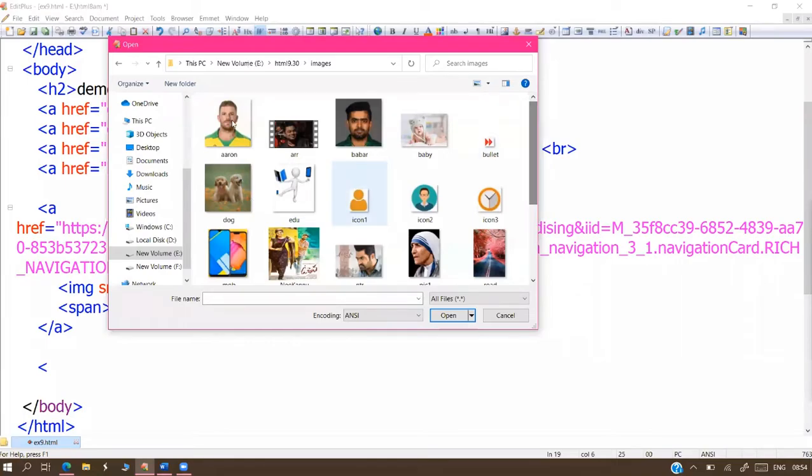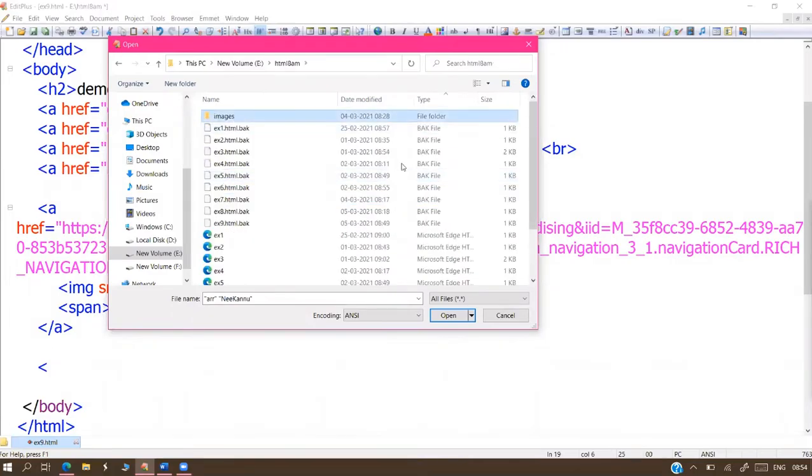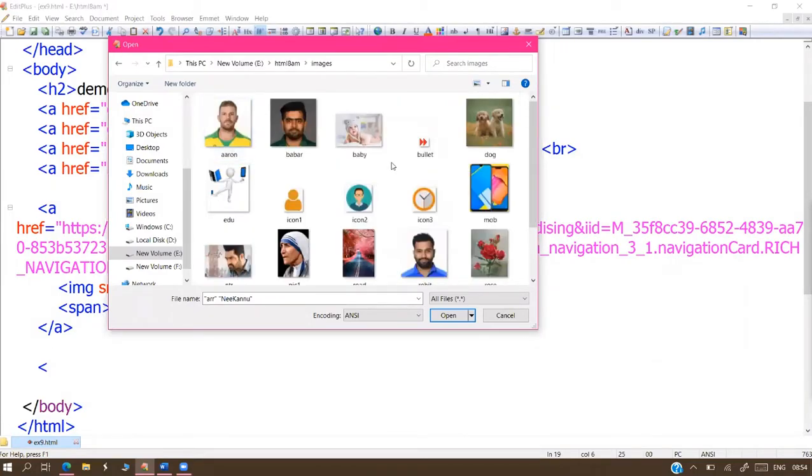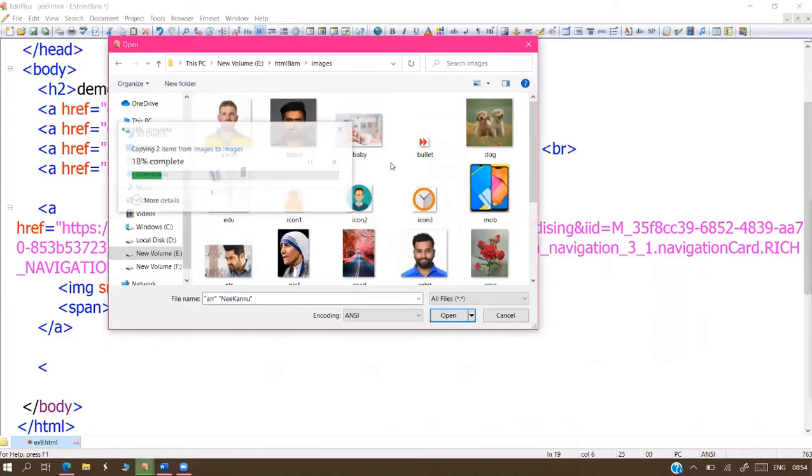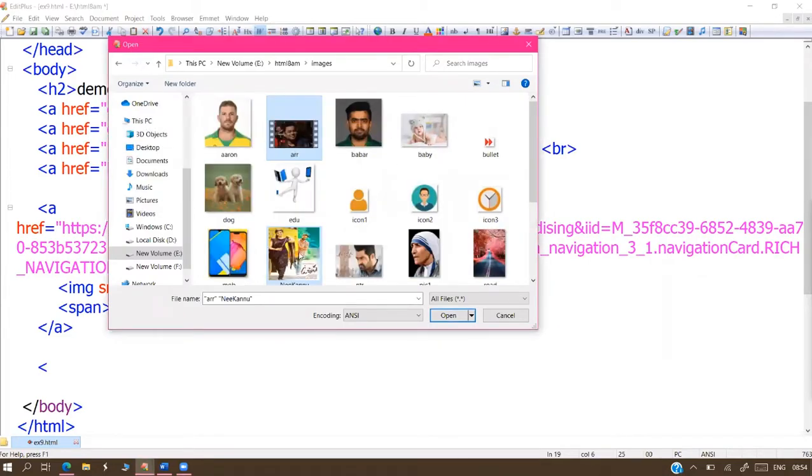I'm copying into the same folder, the images folder only. This is the audio file and this is the video file. This is MP3 and this is MP4.